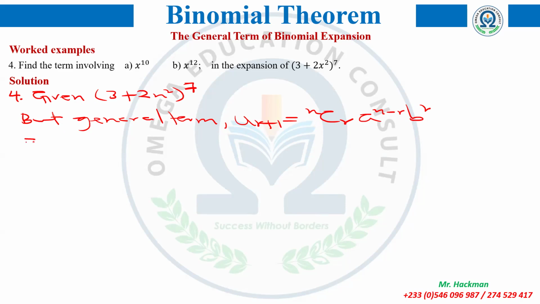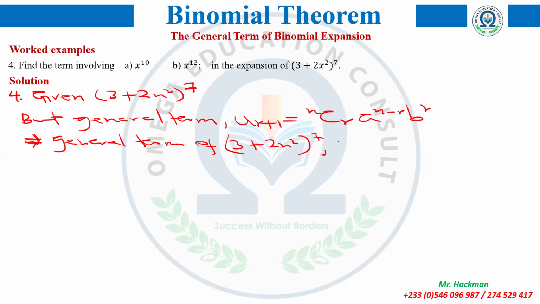So this implies that, here I will write therefore, because the question didn't ask me directly to find the general term of this. Is that clear? Unlike the previous one. So if the question is not direct, you don't conclude with it. So I write this implies that the general term of 3 plus 2x squared all to the power 7 will be given by,